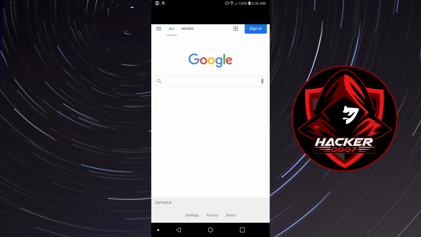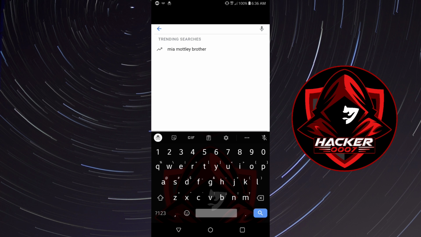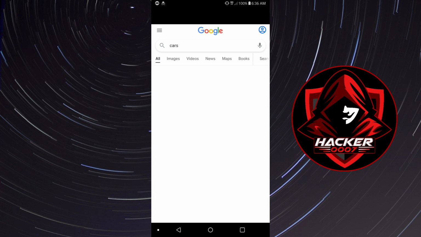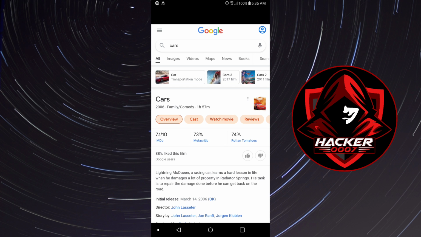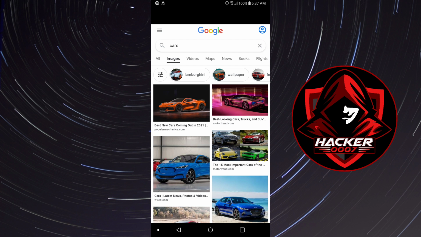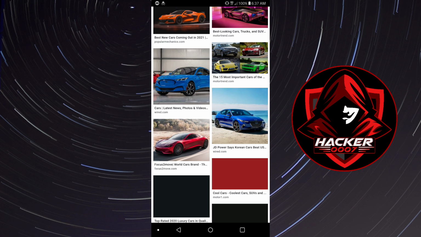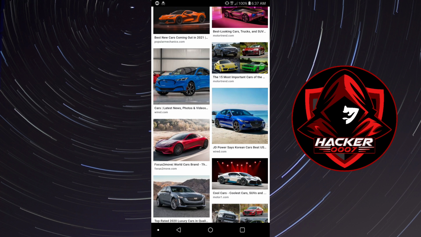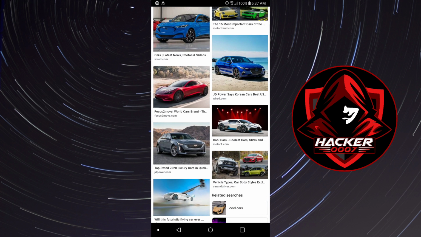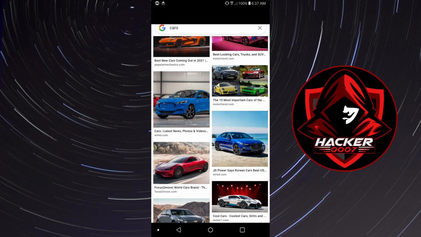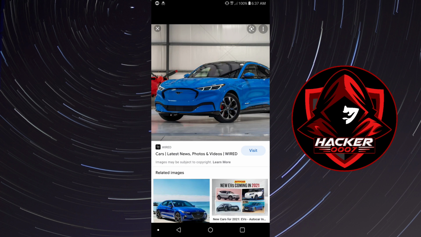Okay, so we have Google. Let's say we want an image. Let's say cars. So you'd search for what you want, right? So you click on images, and once you've found the image that you're looking for, you could simply press on that image, and the next step